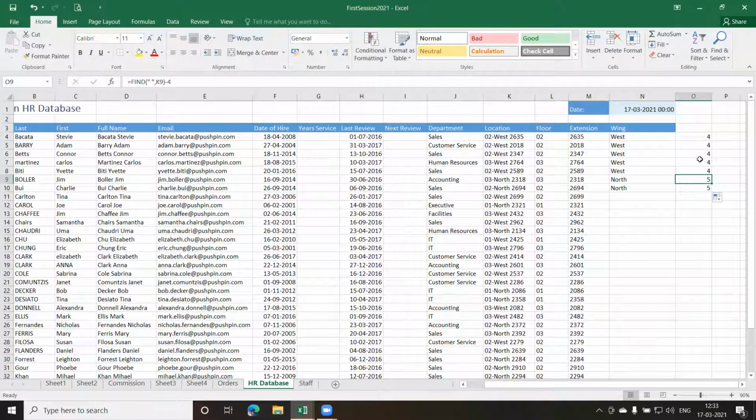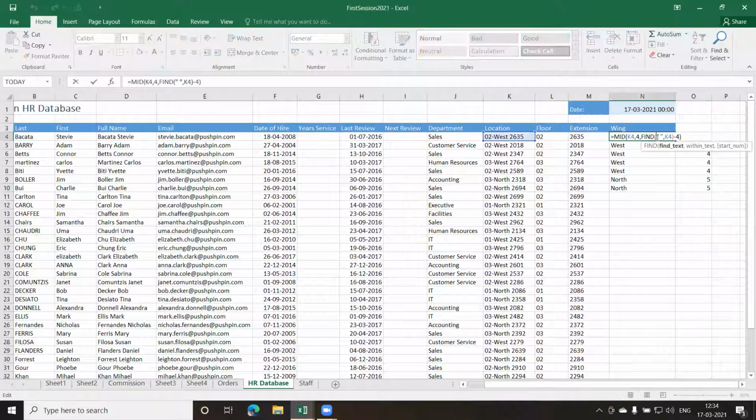Previously, it was going to return only 4 characters, and that is what I want for west, whereas for north, I want 5 characters. And the reason is that when I use the find function, I get the 9th character because the 9th character is a space. I -4 from there, I'll get 5. That's the reason in this function we have used find space from K4 and subtracted 4 from there. So you have to use some logic here to get the exact value.